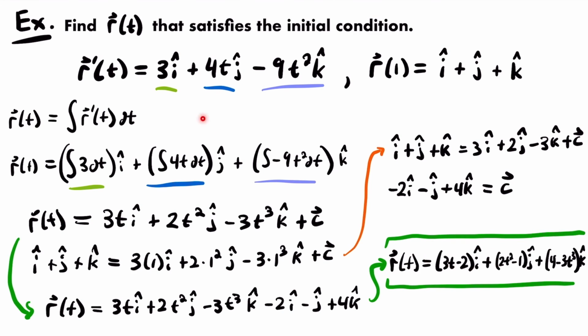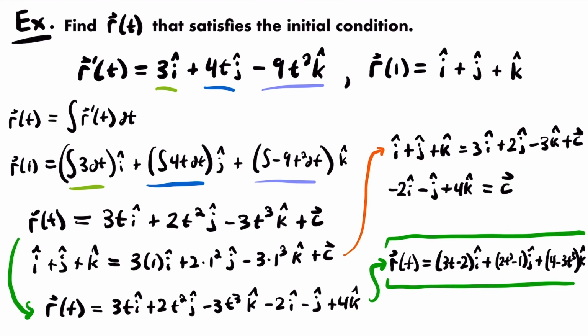We have found the vector function r of t from its derivative r prime of t that satisfies the initial condition that we were given. Okay, so that's how you can go about initial value problems involving vector functions. All you want to do is integrate your vector function as normal, and then once you get to the point where you have that constant of integration plus c, you want to use that initial condition that you were given, solve for c, and then plug it back into your general solution,